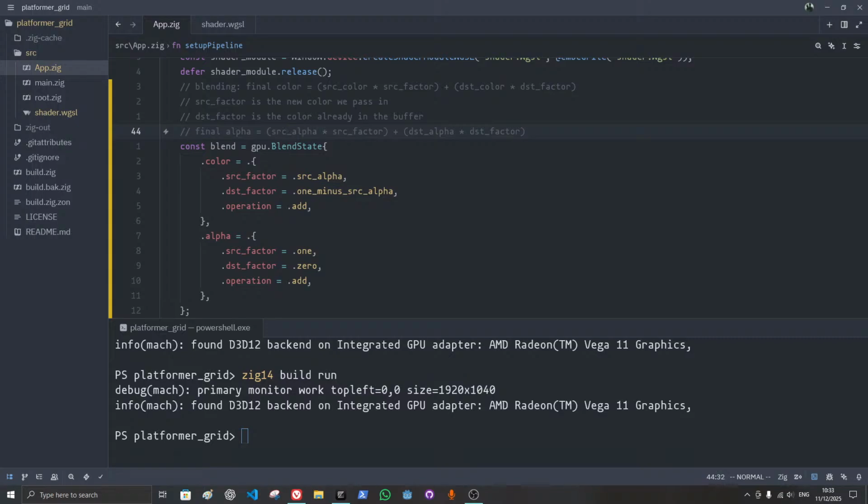Okay. So here I put the source 1, source alpha plus destination alpha 0, destination factor. So I'm just saying that, for example, I'm just putting the new alpha to be 1 always,